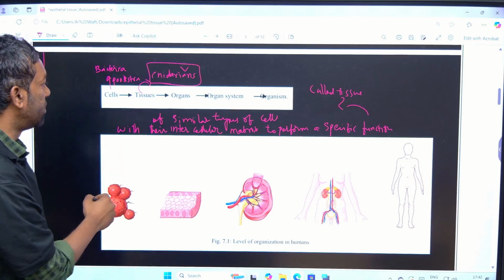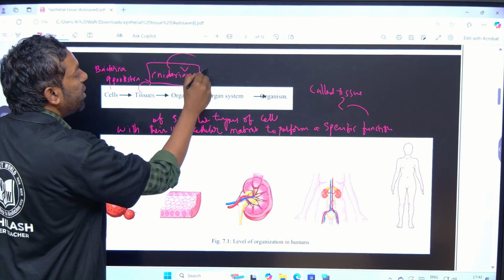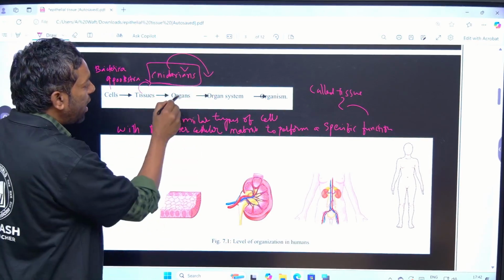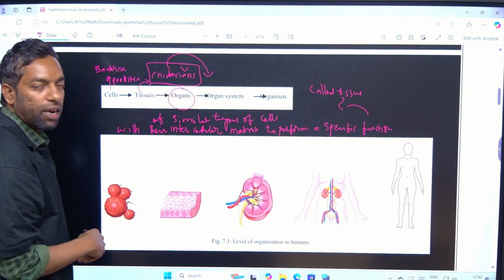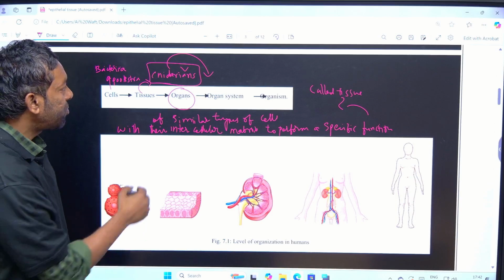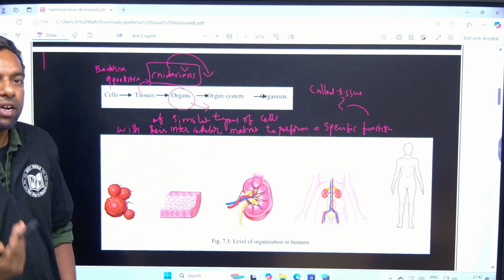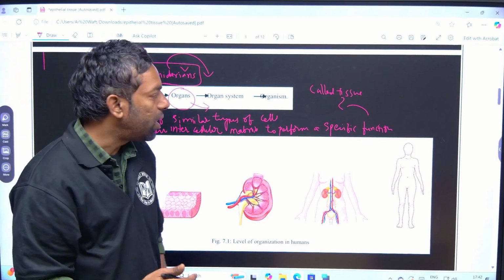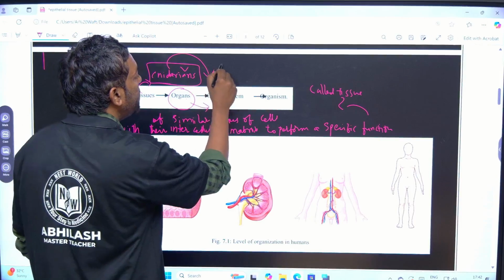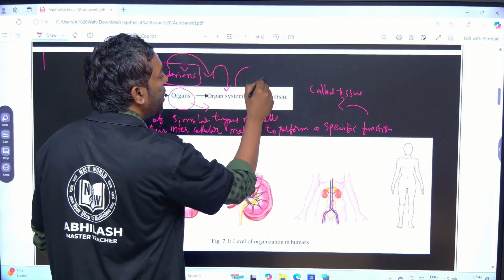Later on, tissue developed into the organs. Actually, tissues are interlinked with the organs. So some species developed after tissue to organ level, then organ system level, and organism finally